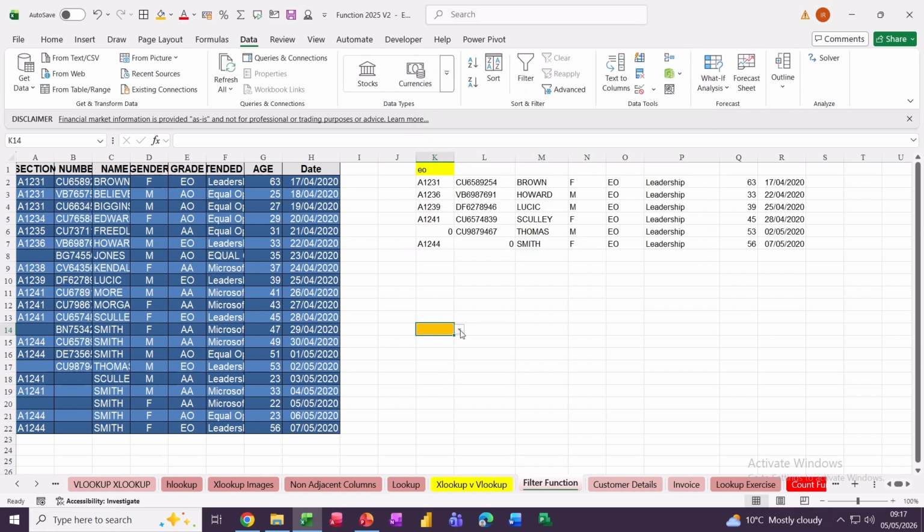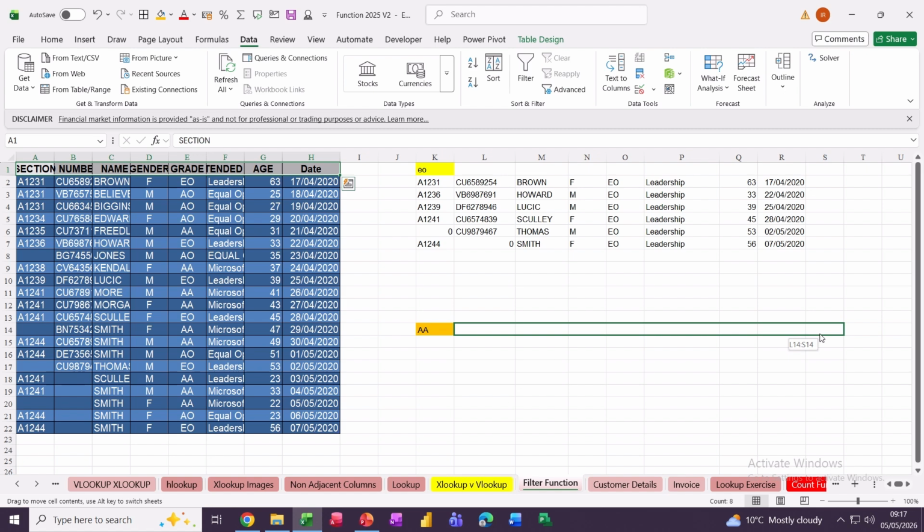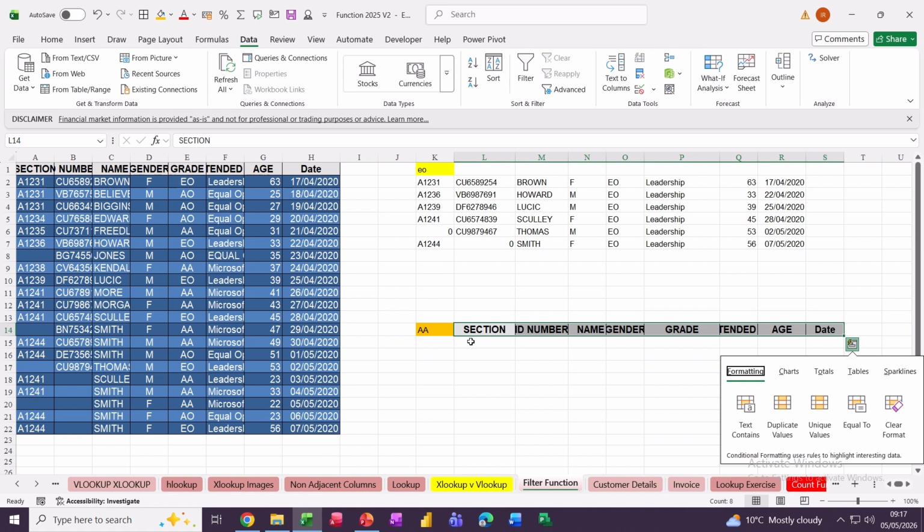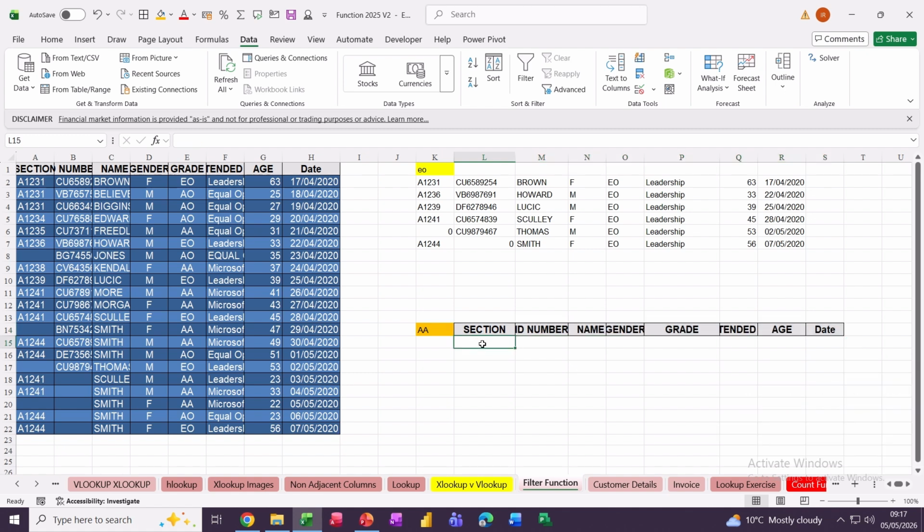And then selecting one of those, I'll select the top one, AA. And then what I need here is these titles. So I'm going to highlight these titles, get the large black cross to move them, but I'm not going to move them. I'm going to hold my Control key down and then let go of my mouse, and that will copy them. So that's where to copy, or you could just do copy and paste if you want. So now I'm going to do the FILTER function that's going to look at that in this list and tell me who they are. So it's equals, in this example, FILTER,